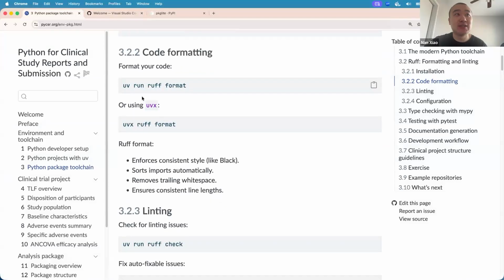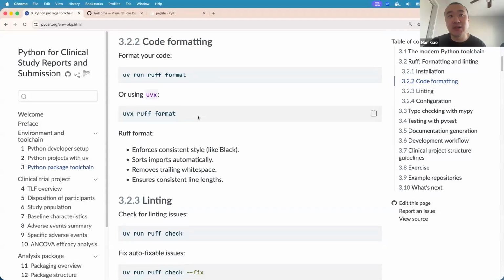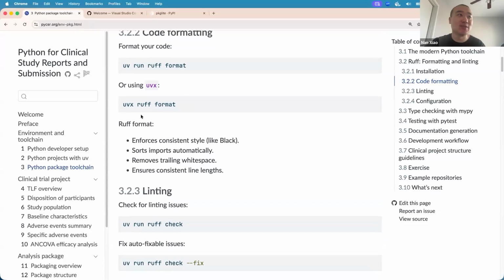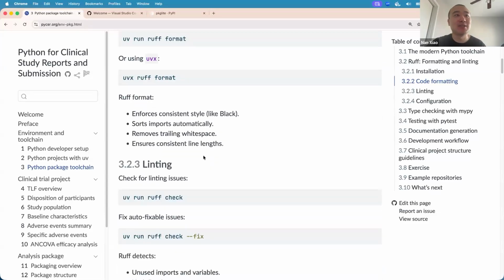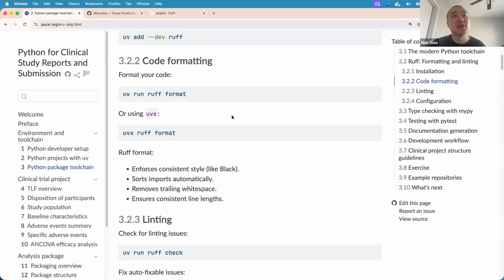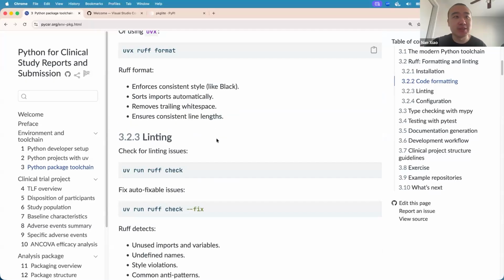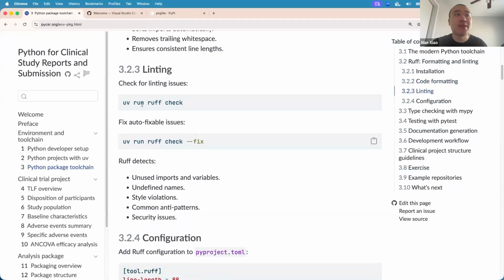So that's a very easy and fast code formatter that can discover all your Python files, or you can use it on the fly using uvx, as we mentioned. You can also configure what format you prefer in pyproject.toml, but you can check out the documentation yourself on how to do that.